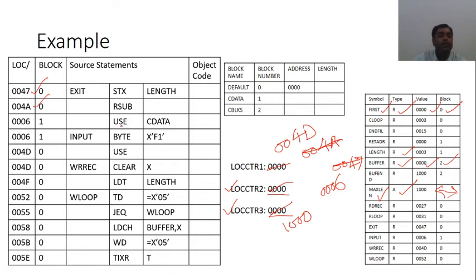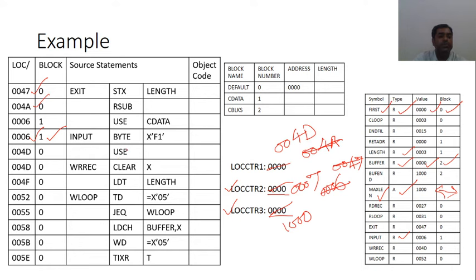And now you can see here, I am getting another use instruction, USE CDATA. That means the first block is used now. So it is written here, first block. You can see here, the location counter value corresponding to the first block is 0006. So the address becomes 0006. Input is entered here, 0006, block 1, and this is related term here. That takes only 1 byte of memory. So the current location counter value of block 1 will be 0007.